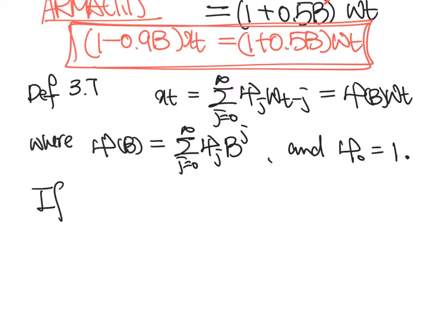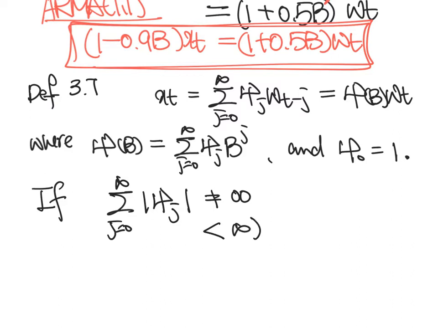If now the infinite summation of the absolute value of the phi j is not equal to infinity, or is less than infinity,